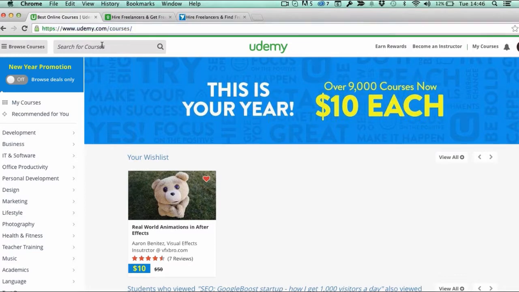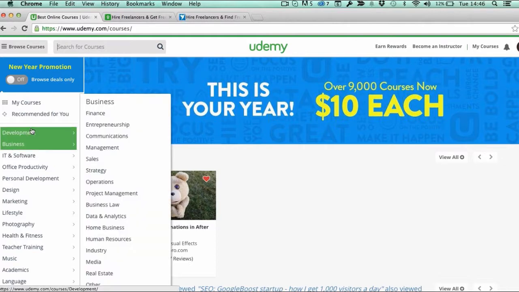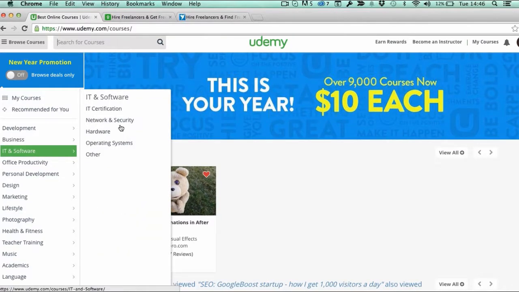You want to go to udemy.com, and then what you want to do is search for courses. So you can see on the left-hand side over here, different development, web development. You can learn how to do your own programming and things like that. How to develop a game. So there's a lot of different types of awesome courses that you can actually go through as well, and learn